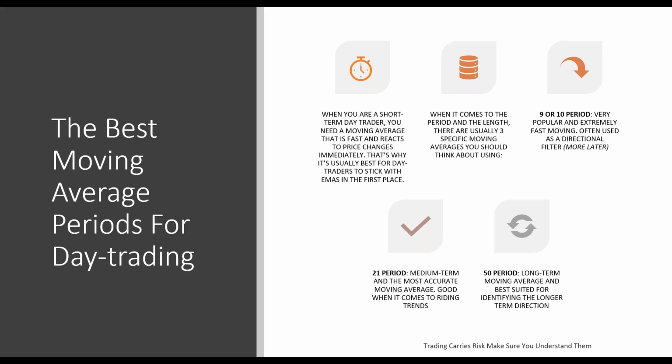Next, we have 20 or 21. That's the medium term and most accurate moving average, good when it comes to riding trends. And the farthest out we ever want to go is a 50 period. There's still nothing wrong with using a 10, 20, 30 whole numbers. There's nothing wrong with using a 10, 30, and 60 or 30, 60, 90. But when you're going to 30, 60, 90, you're looking again at more environmental clues as opposed to entering a